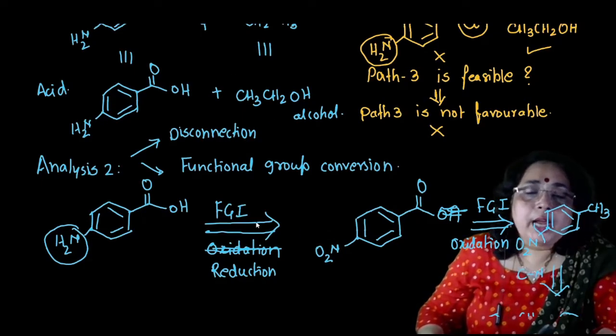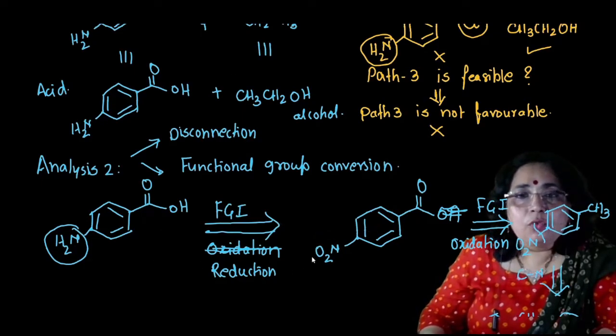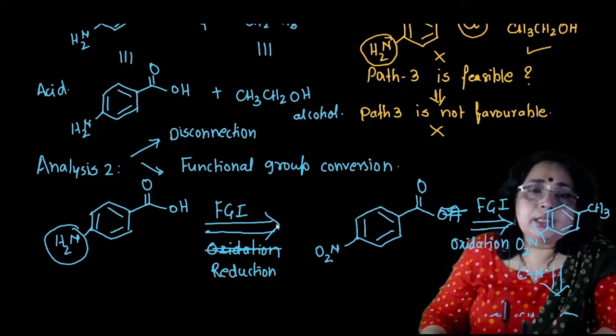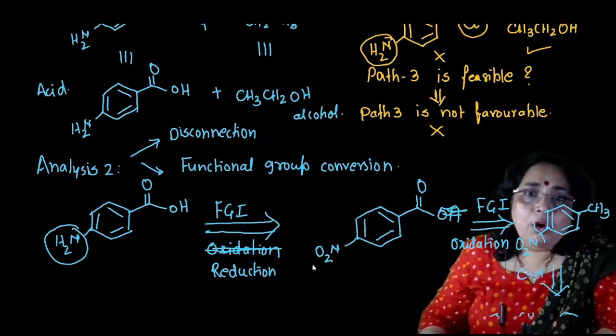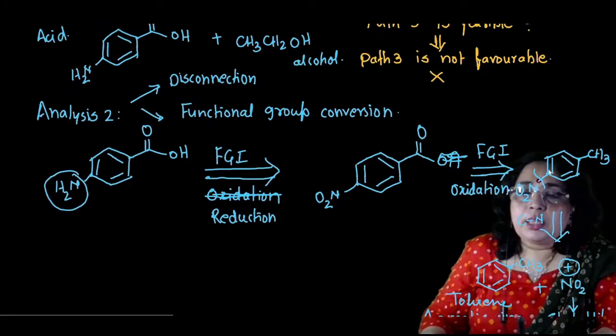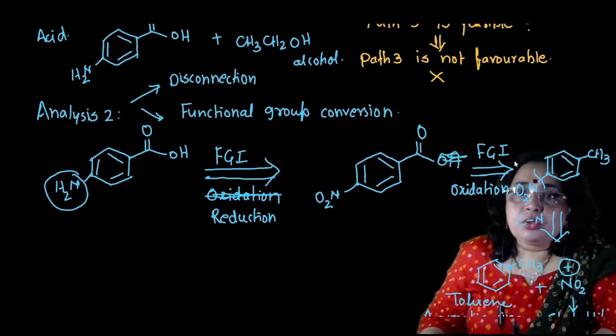Now please consider that this is a reverse direction, so whatever is required from here to here should be put on the arrow. So I have reduced this NO2 group into the NH2 group. Though the arrow shows this direction, it means it is a reverse direction. So whatever we are performing from here to here, the reduction I have put over here. Again, the same concept I have used over here.